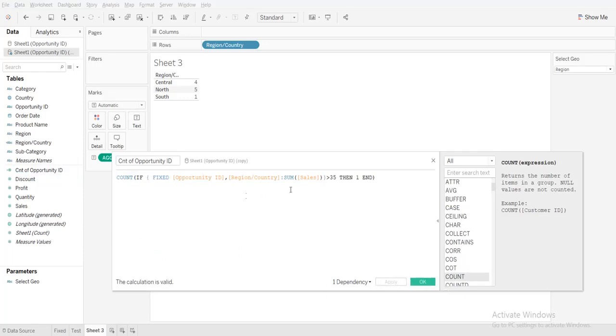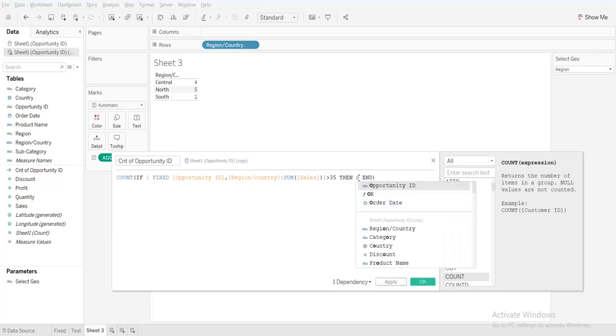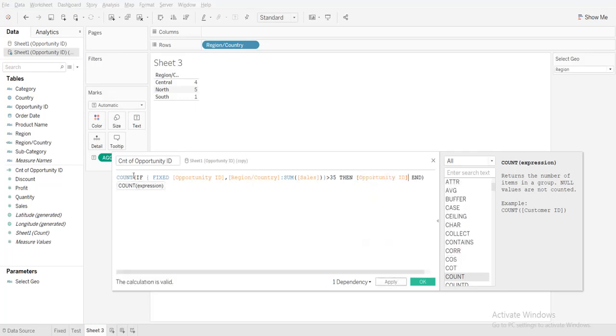Okay, because I have given here 1, right? So in that case, it works like, suppose if I take opportunity IDs, then I should write count D. Correct. Okay, got it. So the reason being, in the earlier case I cannot write count D function, because I'm giving that if the condition is true, then write 1.